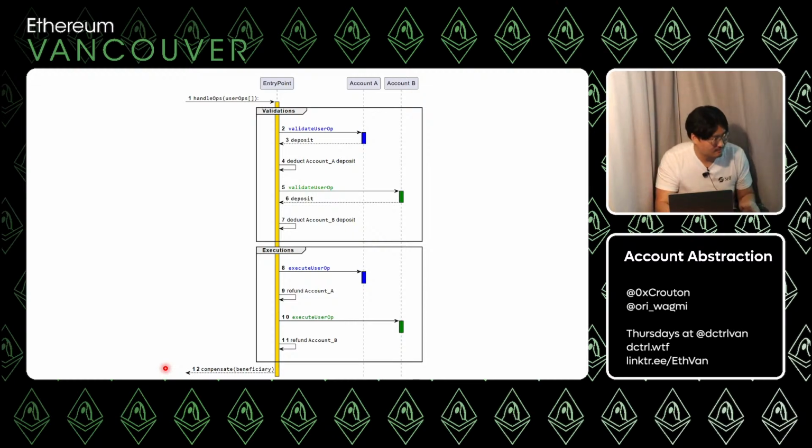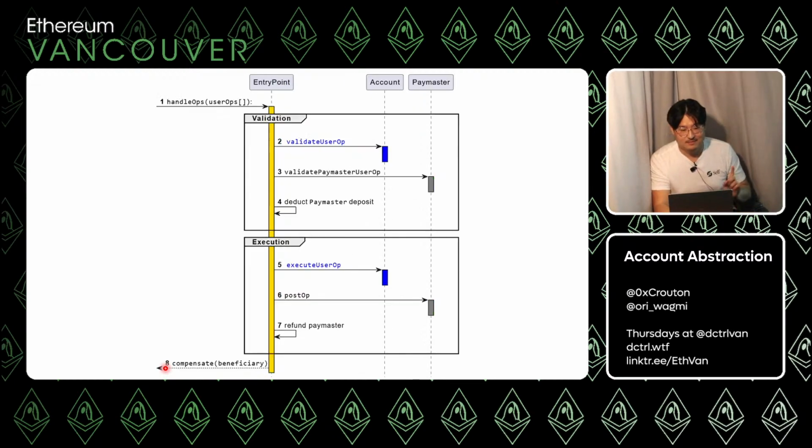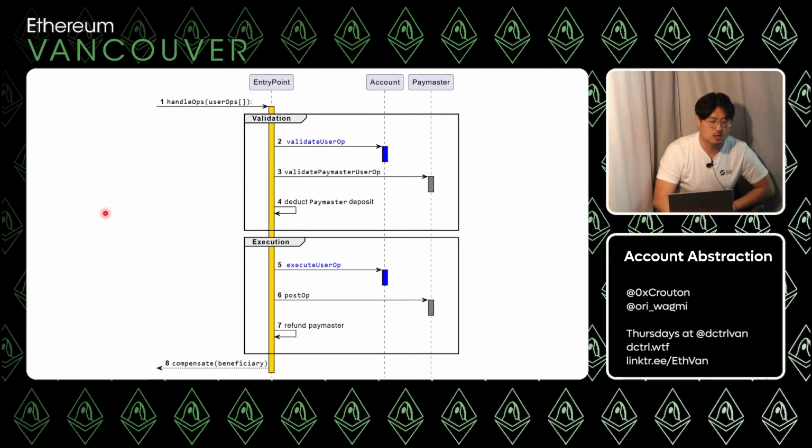Any questions here? Okay, let's look at it again. This time with the paymaster. So in that example, there's two accounts and they're both paying for their own gas. Now we're going to see what gas sponsorship looks like. This is the idea where I'm using a dApp and I don't have any ETH, but this dApp, maybe for the first 10 transactions that you do, 10 swaps that you do, I'm going to subsidize your gas for you. Maybe that's just a thing that the dApp is offering for its onboarding experience.